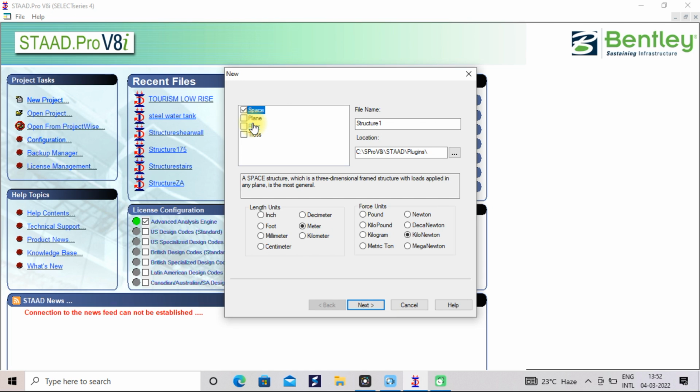And plane is generally used for XY global coordinates. Okay, that means there is no loading or deformation perpendicular to the plane, that is in the Z direction. Okay, so from here I'm going to select space. Okay, and from here you can create your file name. So whatever name you want to give you can write here. So I'm creating as G+1